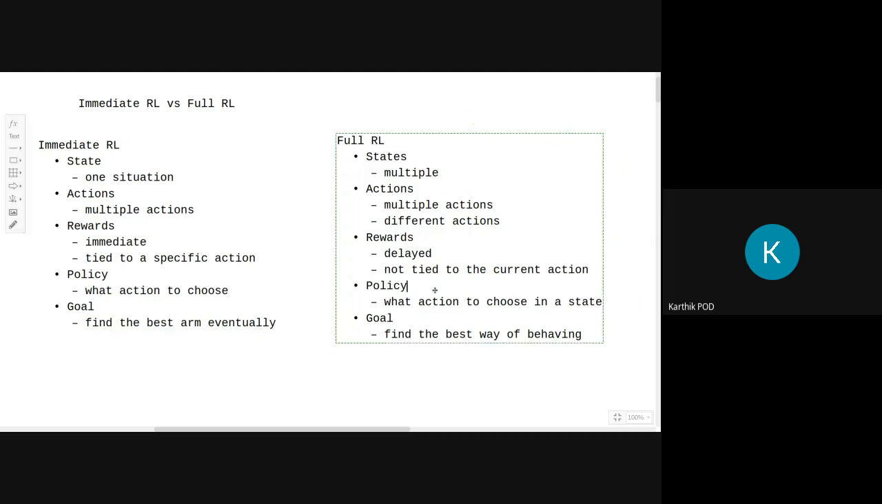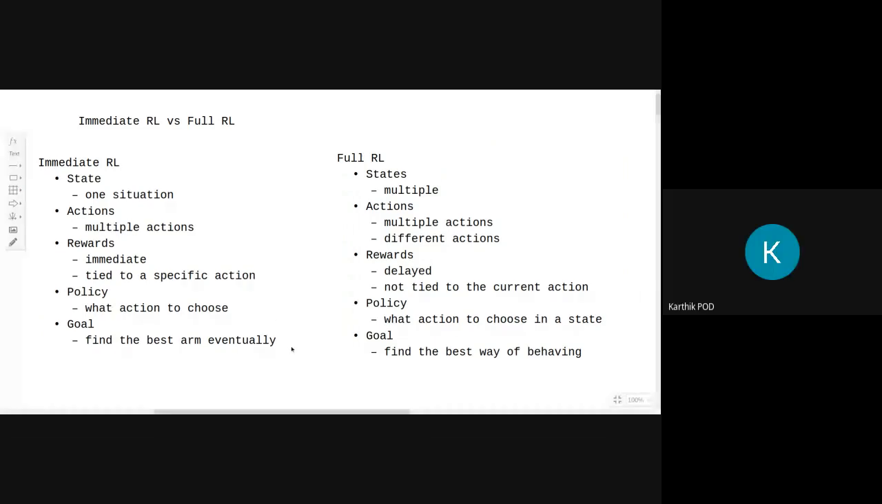Here the policy on the full RL side, since there are multiple states, you need to know how to behave in each state, right? So that's the overall difference between immediate RL and full RL. Okay, so this is one thing that